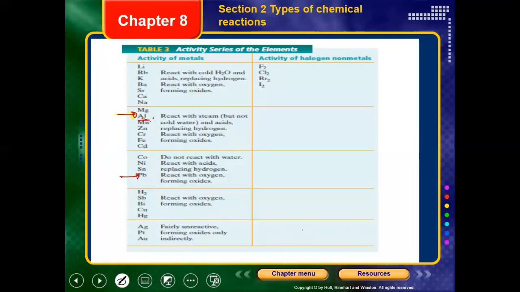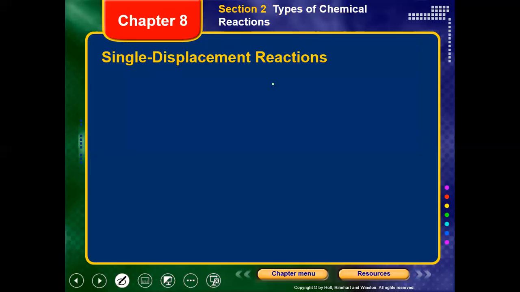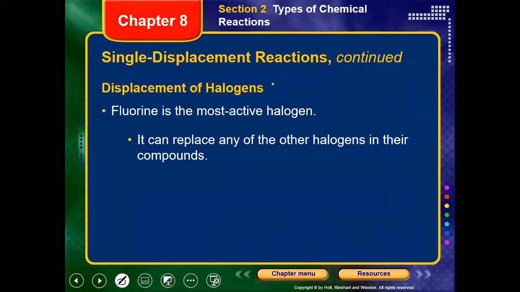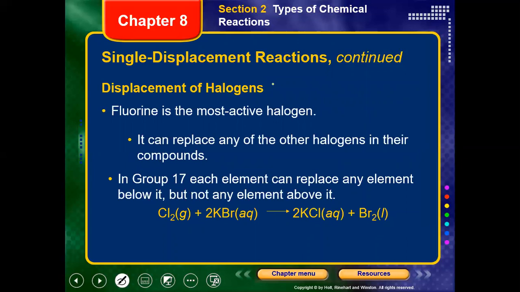As you know, fluorine has the highest electronegativity value, which is equal to 4. When I say electronegativity values, I mean the ability to gain electrons. When the ability of gaining electrons increases, the reactivity also increases. Okay, fluorine is more active than chlorine, than bromine and iodine. So if there is a chemical reaction between a halogen and a compound that also contains a halogen,